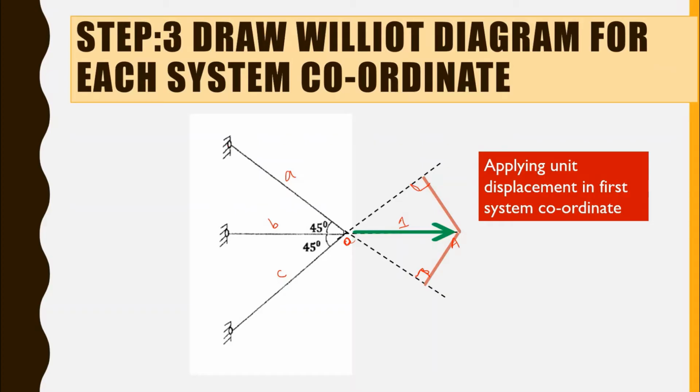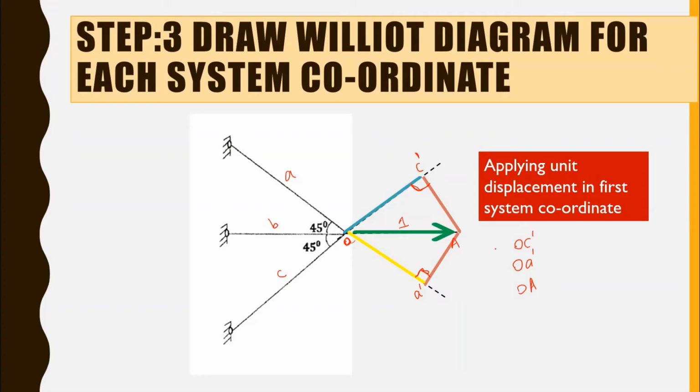Now we have to calculate the length of each member up to the perpendiculars. That is, the length of the extended member up to the point of perpendicularity. So if C is this one, I can say this is C dash. Since this is member A, I am naming it as A dash. So we have to calculate OC dash, OA dash and OA. Okay. So in drawing the diagram below, we just have to see whether the values are positive or negative. We just have to bother about the sign.